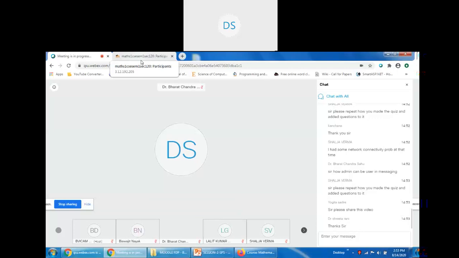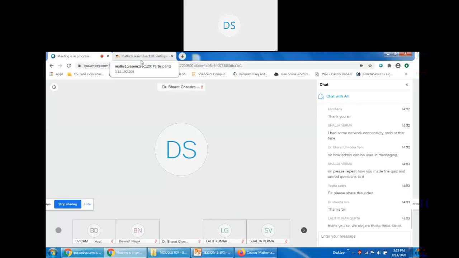If the administrator wants to send messages to teachers, instructors, that can be performed at the admin end. There is a hierarchy. Admin can send messages to all. Teacher can also send messages to their course students.